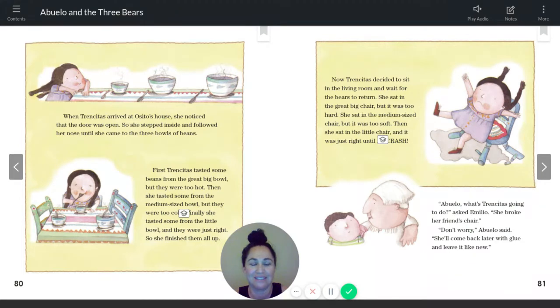Ready? Follow. Now, Trencitas decided to sit in the living room and wait for the bears to return. She sat in the great big chair, but it was too hard. She sat in the medium-sized chair, but it was too soft. Then she sat in the little chair, and it was just right. Until